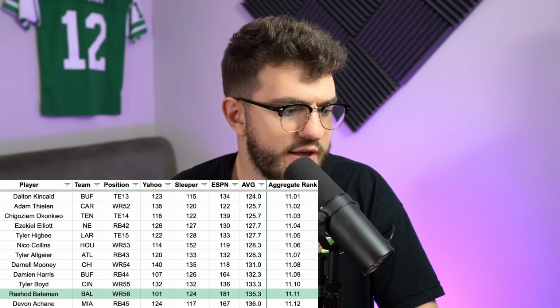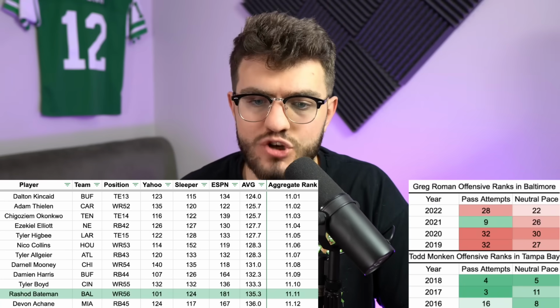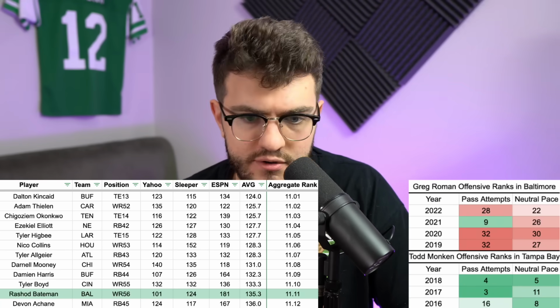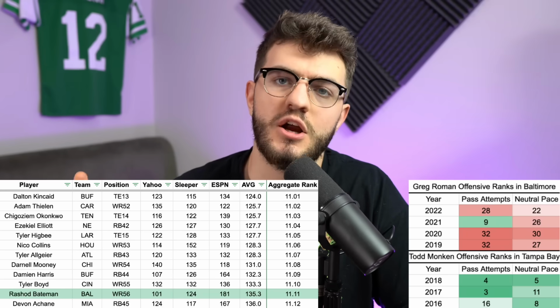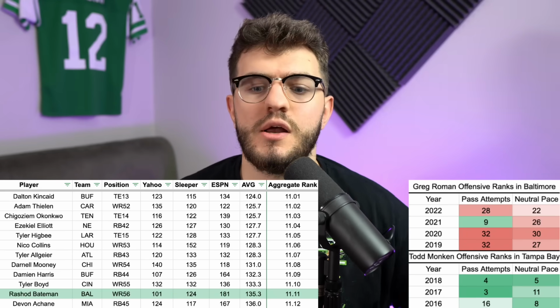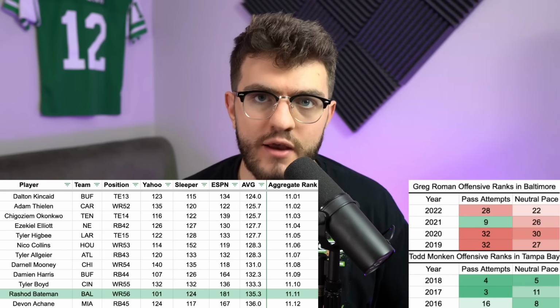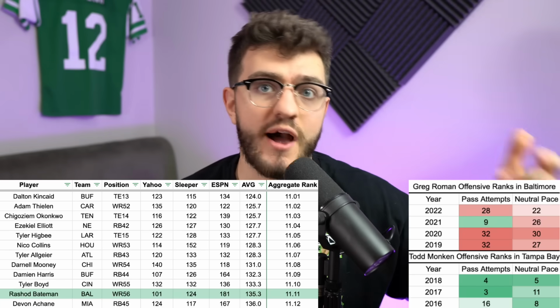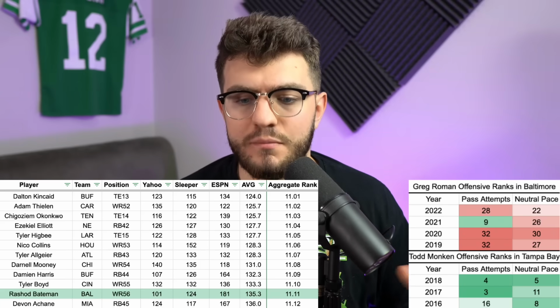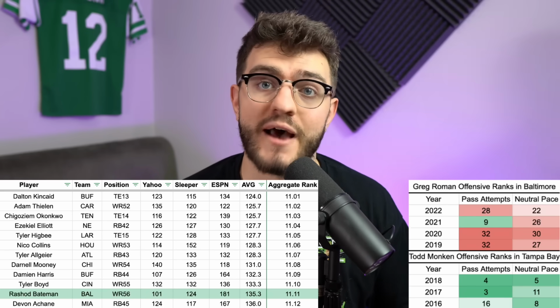He's going to be in this revamped Ravens offense I want to be betting on a ton. We see they've changed offensive coordinators from Greg Roman to Todd Monken. It should be many more pass attempts. It should be a faster-paced offense. It should be more 3 and 4 wide receiver sets. And when you let Lamar Jackson throw the ball with the most weapons he's had yet, where it's going to be Bateman, OBJ, Zay Flowers, Mark Andrews, it's going to be an amazing passing offense. I think one of these Baltimore wide receivers is going to be absolutely massive this year.